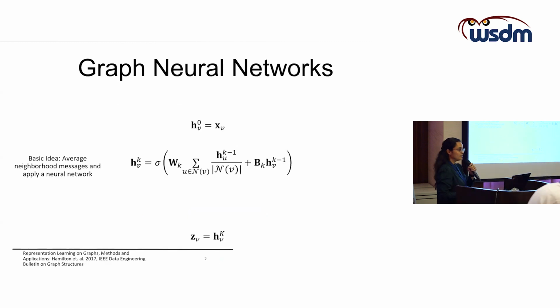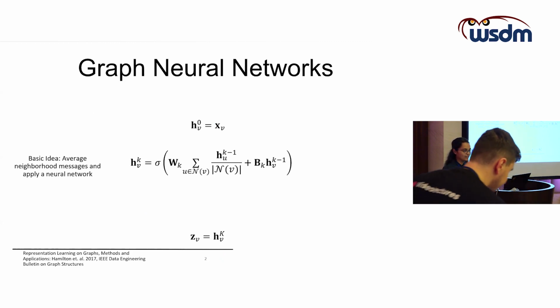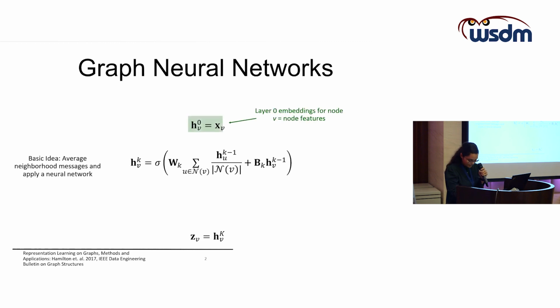So let's just recap how graph neural networks work. As we know, there are nodes and edges in the graphs, and the X_v that we see here are the features of the nodes. Those are the layer 0 embeddings of the nodes, and in a GNN we want to generate some embeddings for the nodes, and then we can pass them to the downstream tasks to answer whatever question